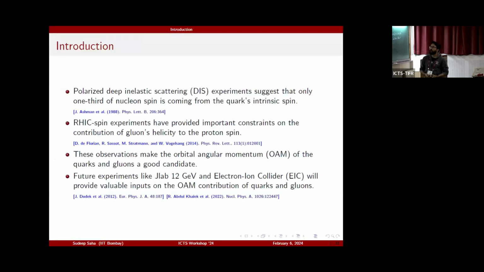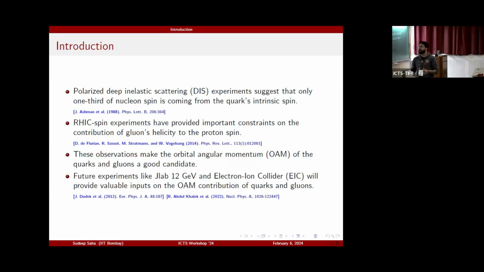So polarized deep inelastic scattering experiments have established that 1/3 of the nucleon spin is coming from the quark's intrinsic spin. And the RHIC spin experiments have also suggested that the contribution of gluon's helicity to the proton spin is too small to resolve the spin crisis. Now these observations